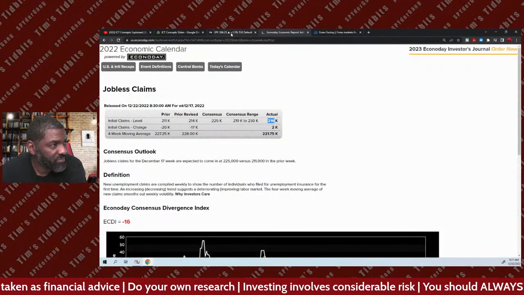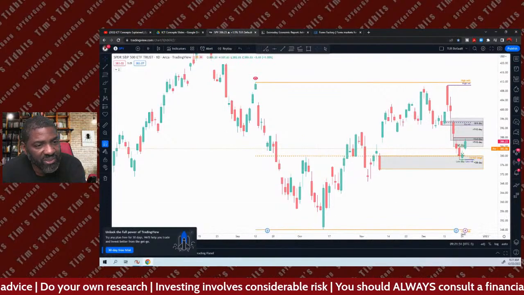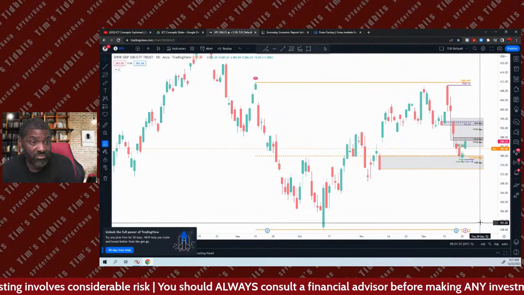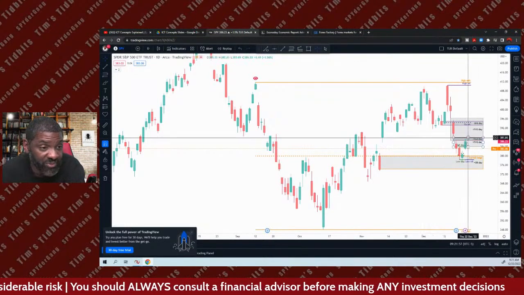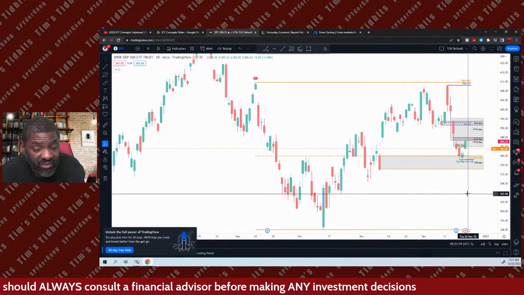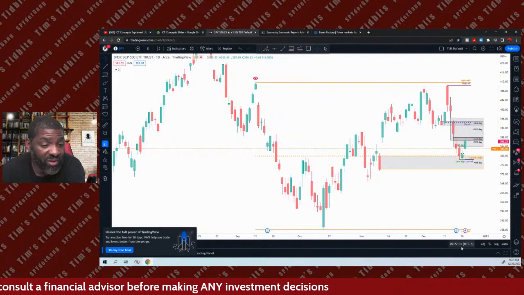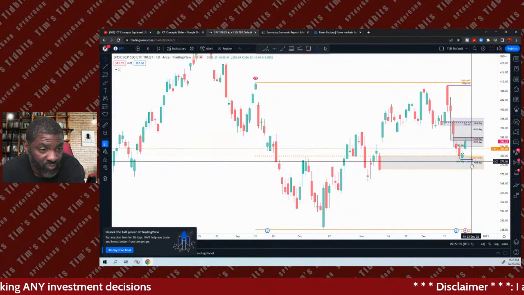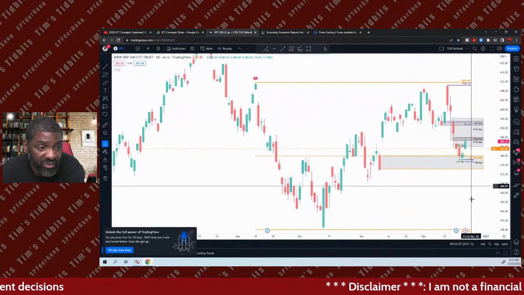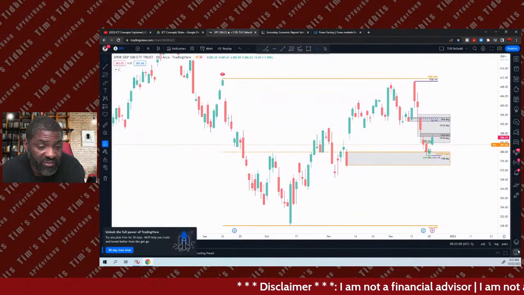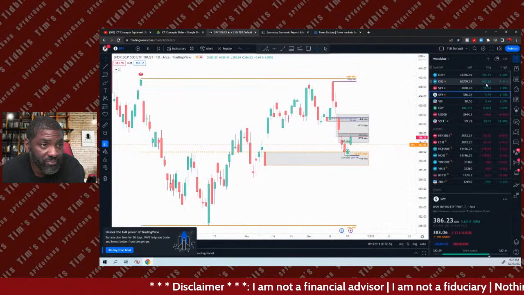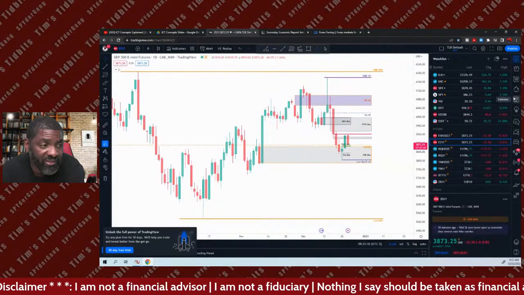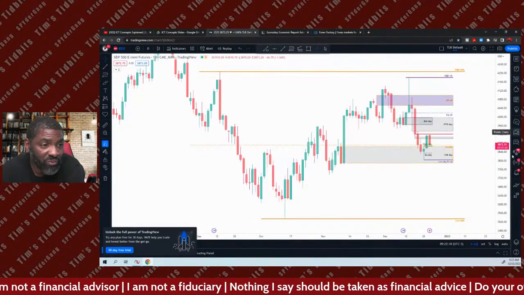But we see the reaction by the algos because it's like, hey, the Fed want everything to slow down. So it's probably spooked the algos. Now, once the market actually opens up, let's see how it plays out. Will we continue to dump? Will we get scenario 2? I mean, bear scenario 2, or will we get